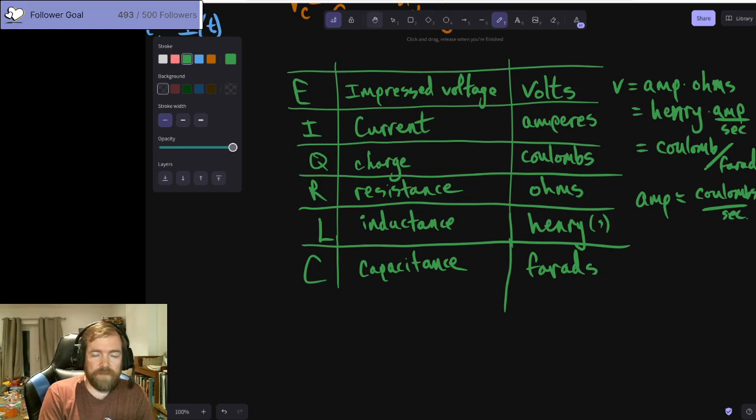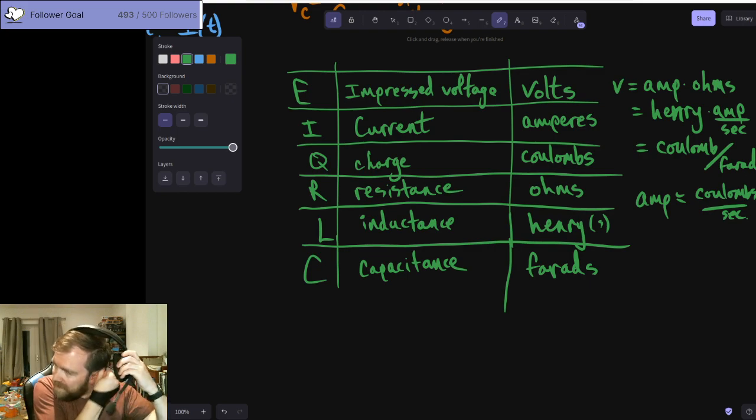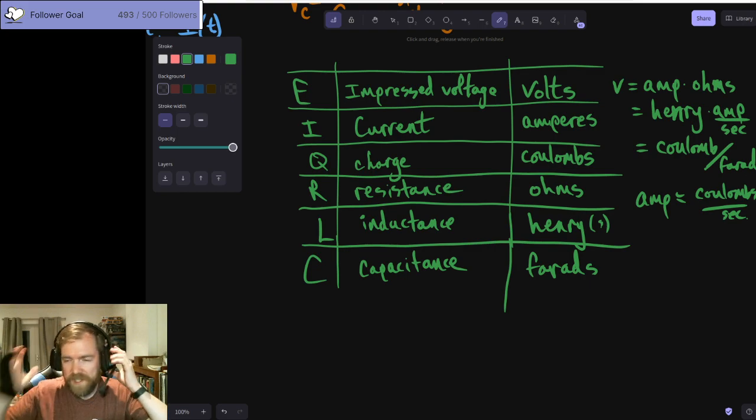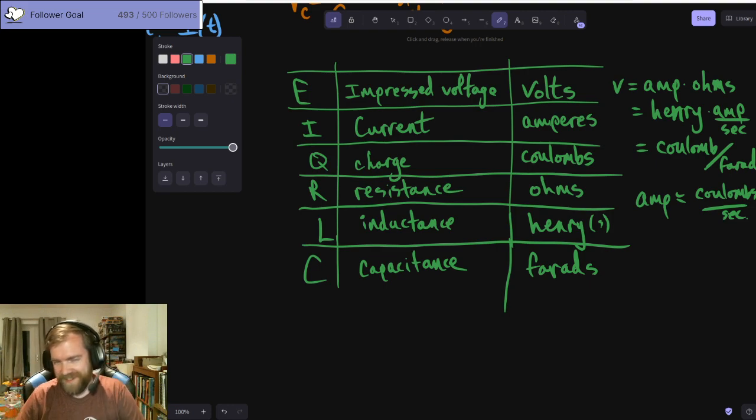So in theory, if you're good with your unit analysis and you've got all of this stuff here, you could be able to figure out how this whole system is going to potentially work, just on the basis of unit analysis alone. I'm not that guy, but